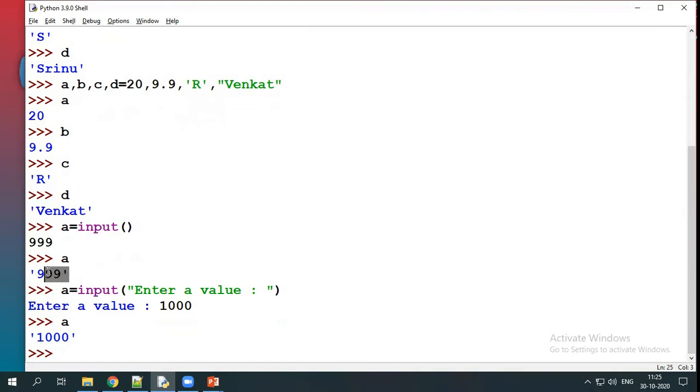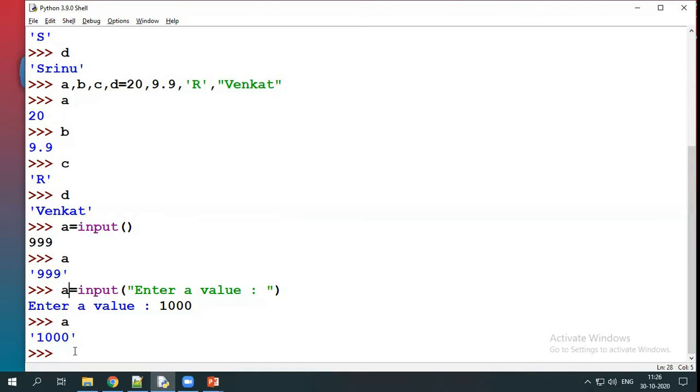Look at this. The 999 is placed within single quotation. Here also the 1000 will be placed within single quotation. That means whenever we give input to a Python program with the help of the input function, by default it will read as a string. Now at this point I want to give my value as an input, whether it may be 999 or 1000, to variable a.